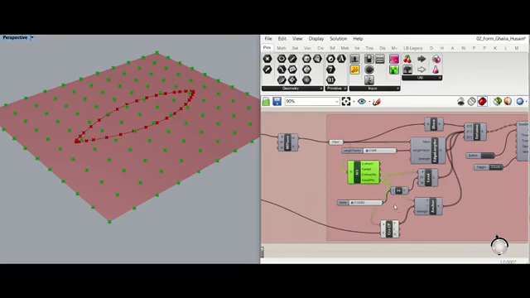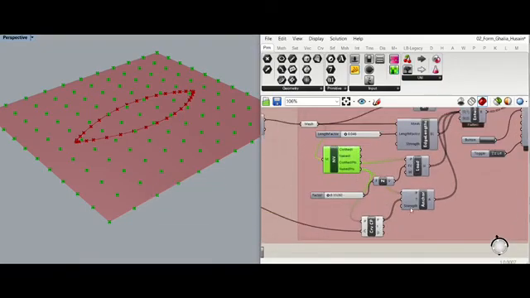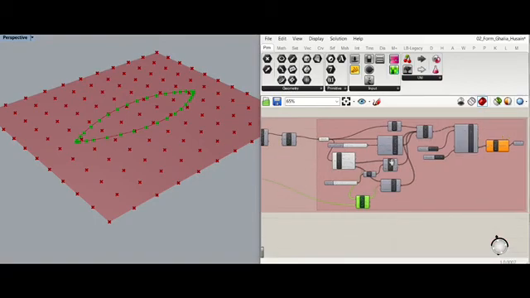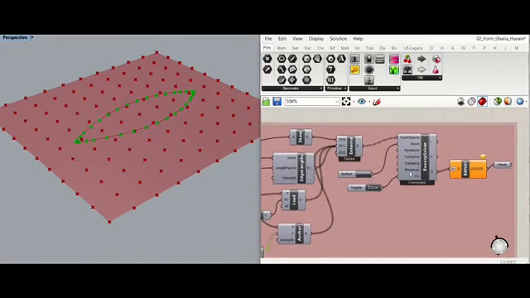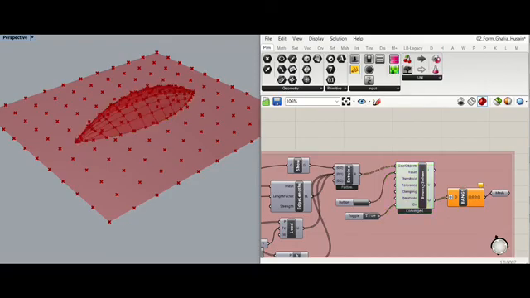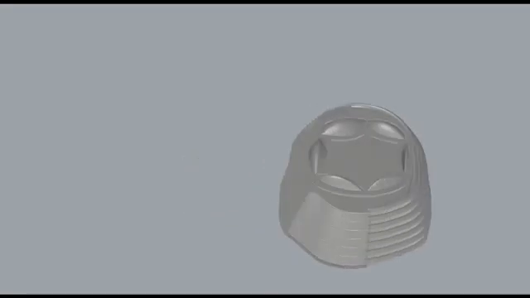Then, using the naked vertices component, I needed to anchor the naked vertices of this curve using the curve closest point, and I needed the load to be applied to the closed points. Then, after plugging them into the bouncy solver, this was the result. This is the final form,